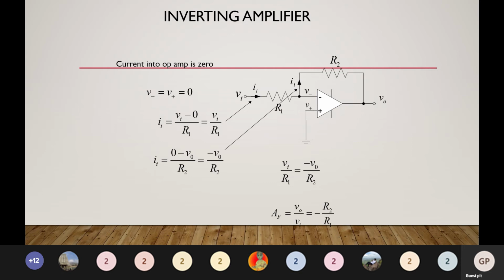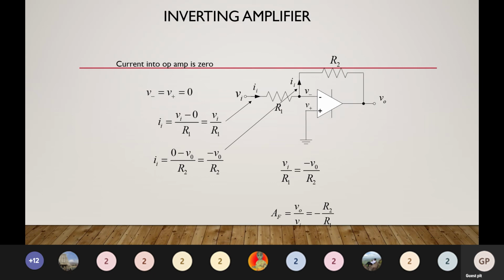So let us prove this. Let me write an expression for this. What is the expression for the overall input current that flows from the source, which is named I1? So I1 is equal to Vi minus the potential here, which is 0, since we always have to follow the golden rules. As per that rule, since your non-inverting terminal is grounded here, the potential at this point will be 0, and therefore this is also assumed to be 0. So it is Vi minus 0 divided by R1, Ohm's law. So this current I1 is equal to Vi by R1.